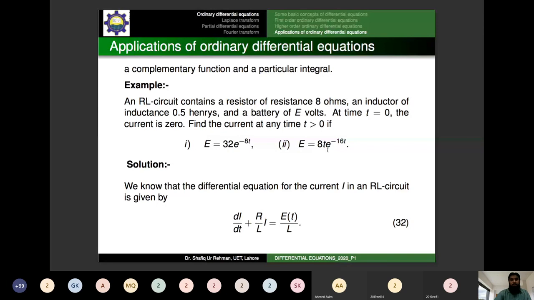Since it's an RL circuit, we know the mathematical model of that. We have gone through that. So we know the corresponding differential equation for the current, because current stands for the dependent variable in this case. R is given 8, capital L is given 0.5, and then E is given. The first part is when E is equal to 32 times e raised to the power minus 8t, and the second case is a different expression, the product of t and an exponential function. So now, if you look at the equation number 32,